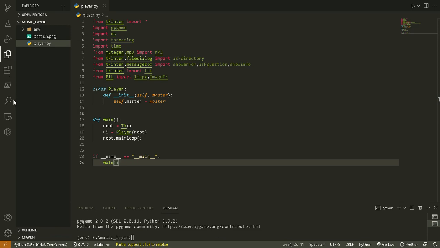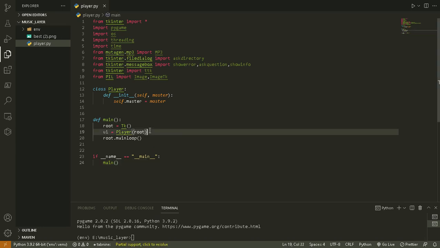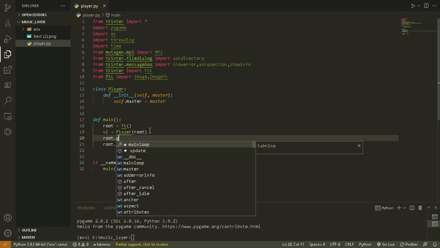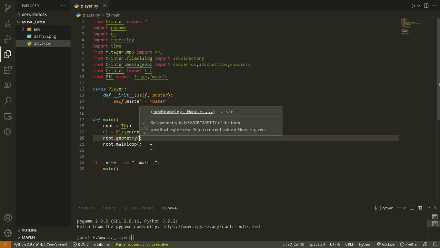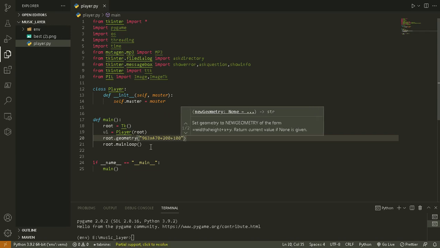So now let's set the geometry. So that's basically the size of the window. We'll also set our title, the title for our application, and then we'll configure our background. So we'll do that right here in our main function. So we'll do root.geometry, and then what's the size we want for our window. So I went with 963 by 470. So 963 is our width, 470 is our height. So we'll also do a plus 200 and then plus 100. Those are the positions. When you do plus 200 plus 100, those are the positions on our screen where we want to set the